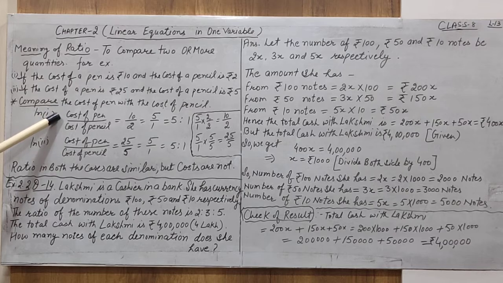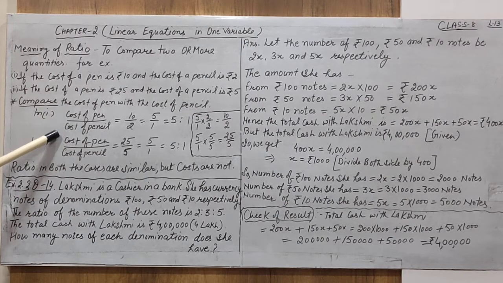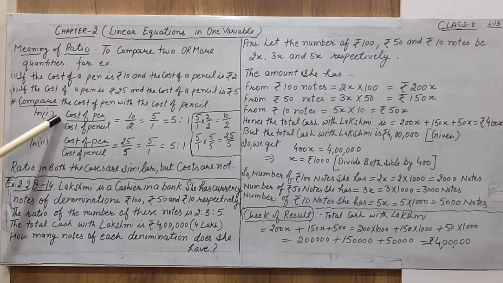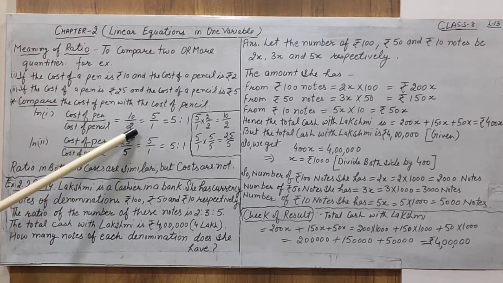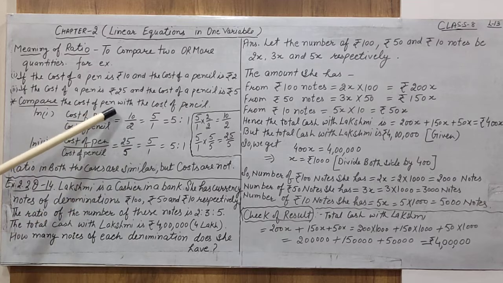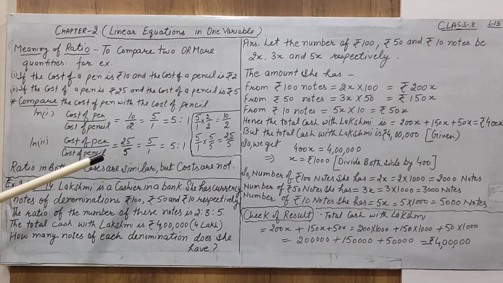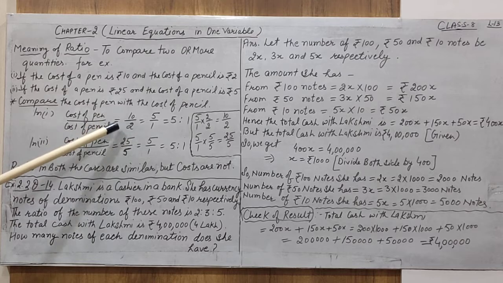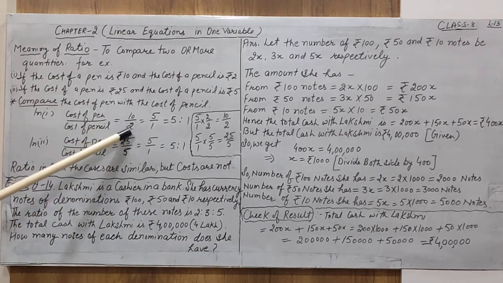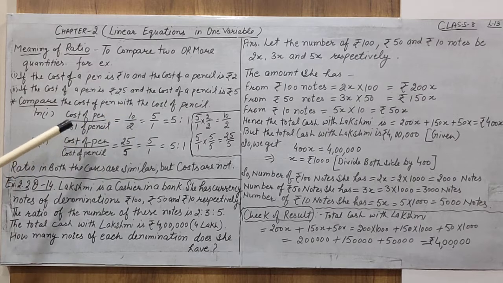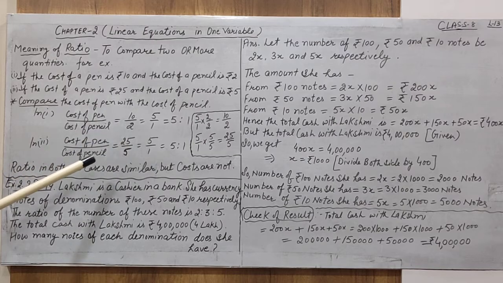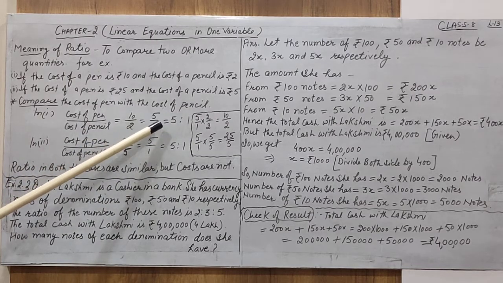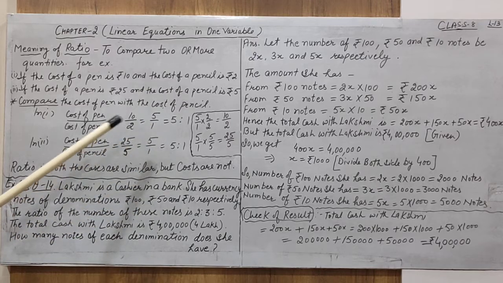That is, one thing is the numerator and one thing in the denominator. Alright, cost of pen and cost of pencil. The cost of pen in the first case is rupees 10. The cost of pencil is rupees 2. When we divide the numerator and denominator by 2, we find the minimum value of this ratio, or the standard form or minimum form of this ratio, which is 5:1 or 5 divided by 1.